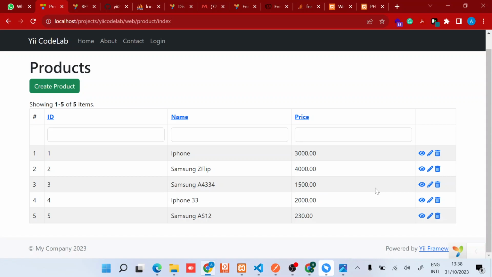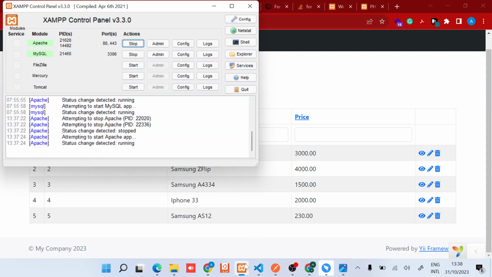Hi guys, in the previous tutorials we looked at how you can format your dates. Now in this tutorial I want to quickly show you how you can format the currency to look the way you want them. So first things first, if you are using XAMPP, you need to ensure that you enable your